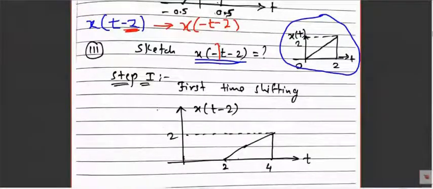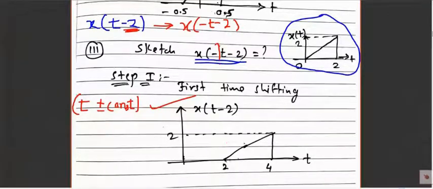So this is the time shifted signal. I hope you don't have any difficulty in time shifting. Shifting means simply the signal will shift from one place to another place. How will you identify shifting? If we are adding or subtracting some constant with t, t plus or minus some constant, this indicates time shifting.